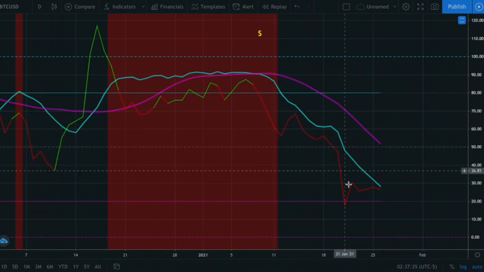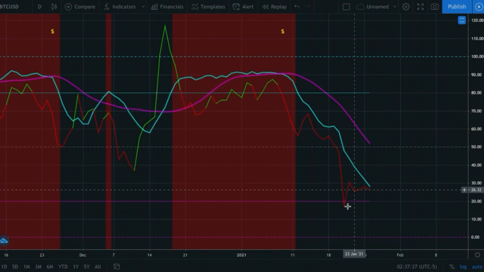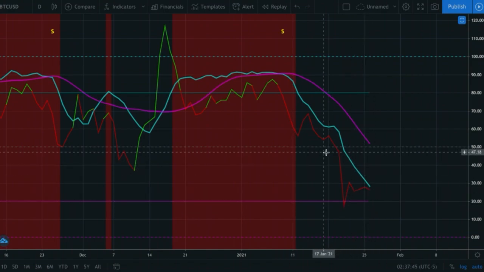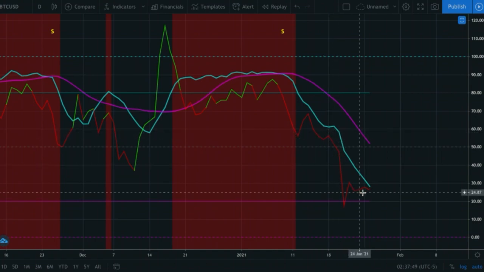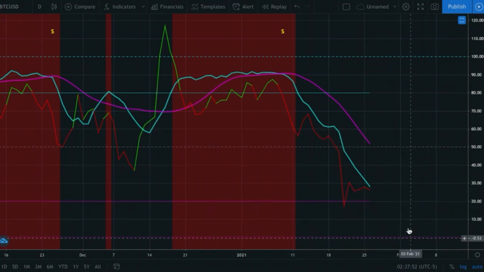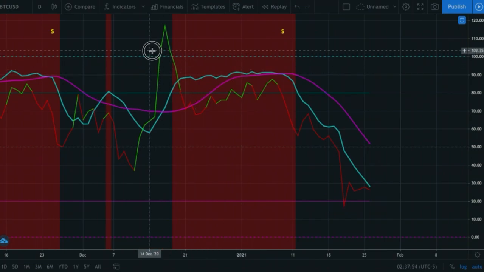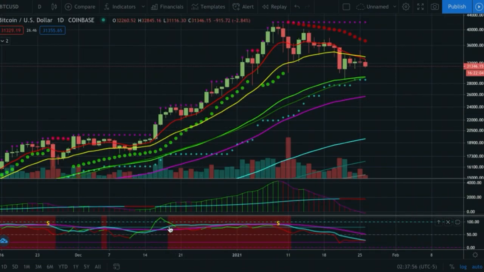We have gotten a couple of stabs of the knife. But again, a stab like this is good and everything, but we are looking for a massive stab like this, an outlier, to tell us that we have potentially had the biggest sell-off of the move, and that even though we might make lower prices, that was the majority of the energy being expended. You can see an example: this was our biggest stab right here. We broke through a key resistance that was holding us down at that 20,000 range. That was our previous all-time high. That was our biggest energy breakthrough right here, but then we continued up still to double price after that.